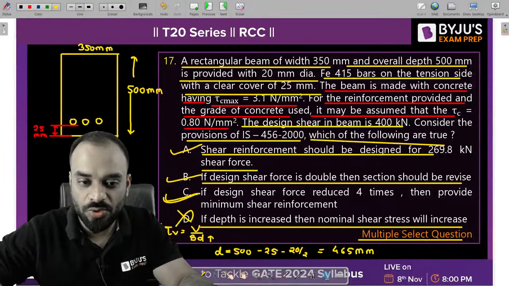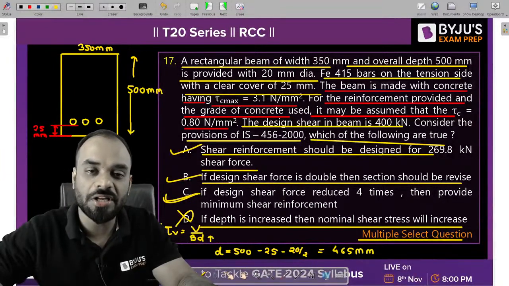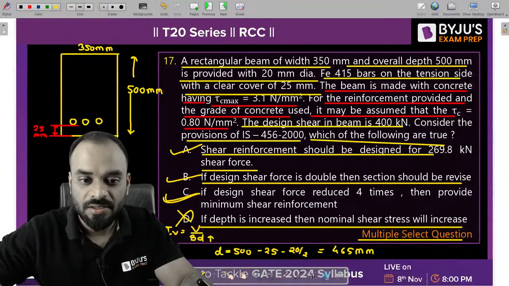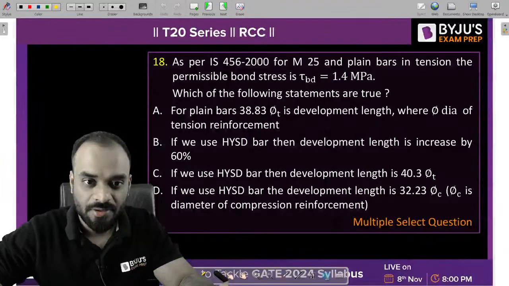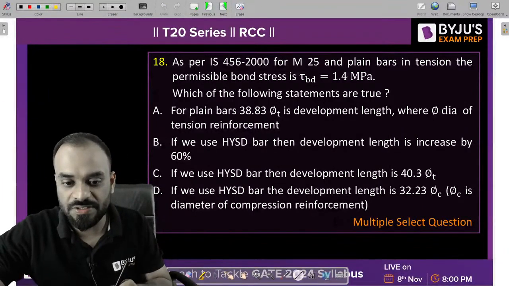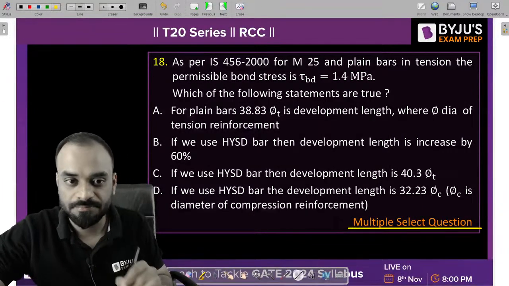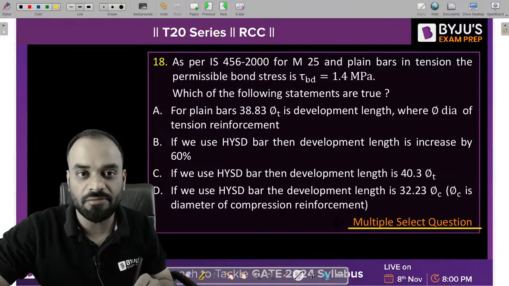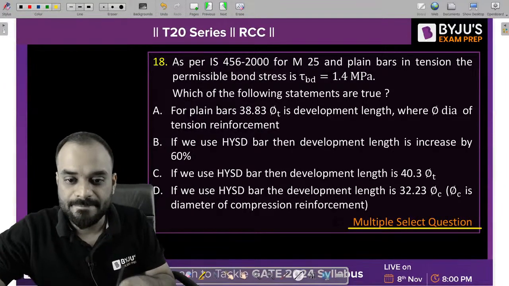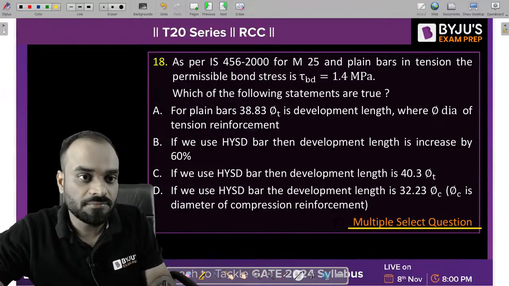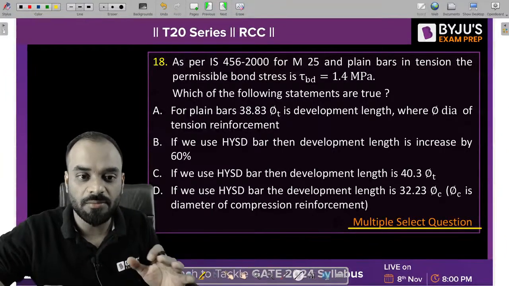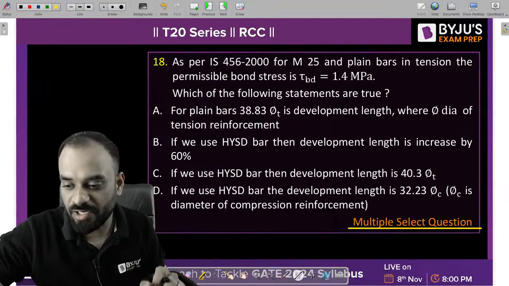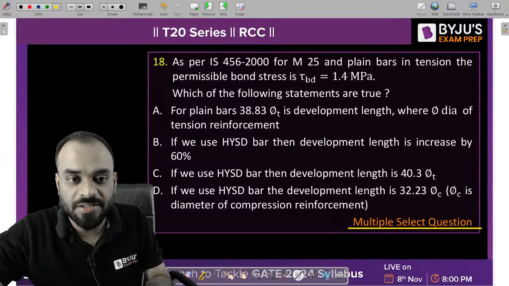And this is the MSQ question, guys. And I think all of you are able to understand all the concepts which are required for your design of shear reinforcement. Okay. Let's move to the next question, guys, which is again an MSQ type problem, and it is related to your development length. Let's understand it. All these questions are designed by me, guys, so that you can have the complete knowledge and you are able to practice it very well. Okay. Let's read the statement.